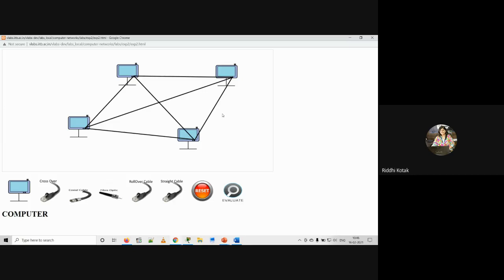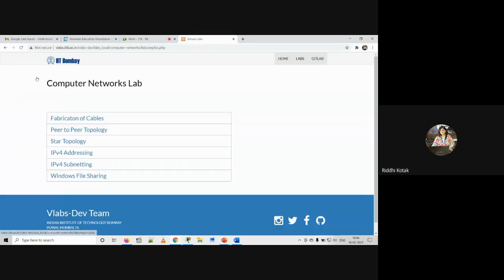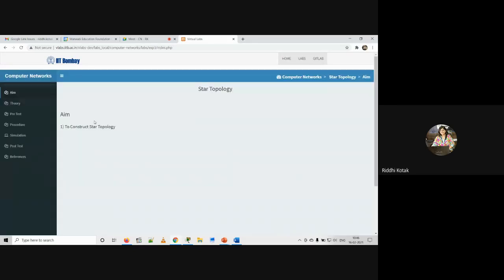That process we have done. Next, you can give a post test, right? So you can go with this kind of questions. First you complete that, then we will go with the star topology.